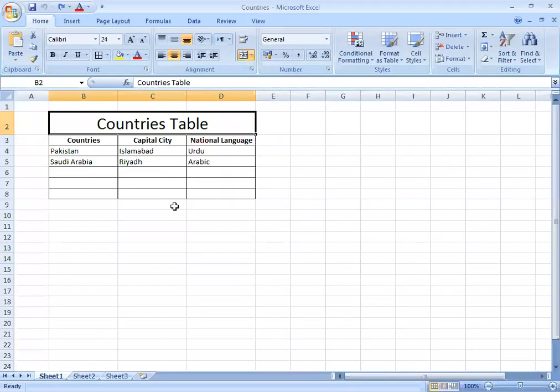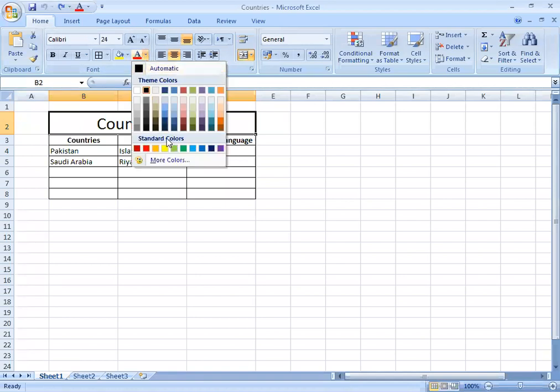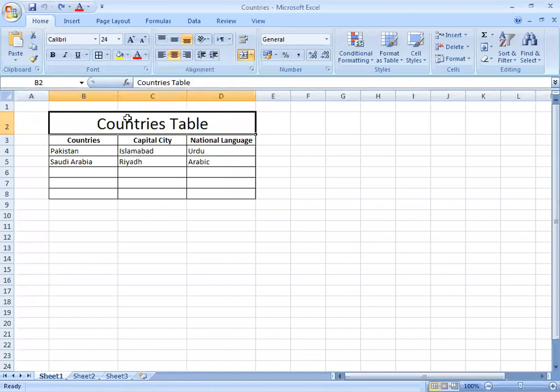How will you do it? All the formatting options are in the font group. For example, in the countries table, you want to show it in a different color. First you should select the cells. Whatever formatting you want to apply on the cells, first you have to select the cell, right?